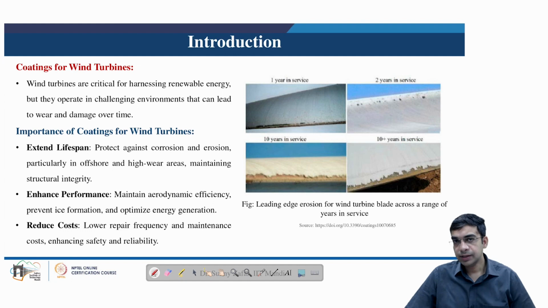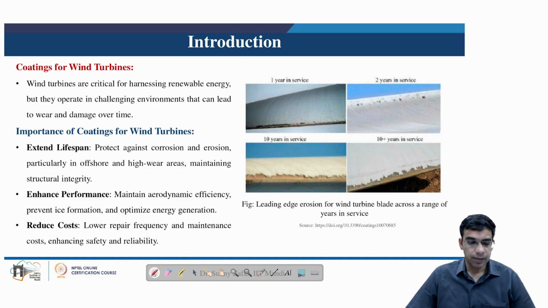It is the weathering elements such as rain, ice, sea water, ultraviolet radiation, and lightning, all these factors, that enhance the degradation of wind turbines. This degradation is especially detrimental for the blade because it compromises the aerodynamic shape of the blade, reduces the wind turbine efficiency, and also calls for repair and maintenance, because of which there are huge economic losses.